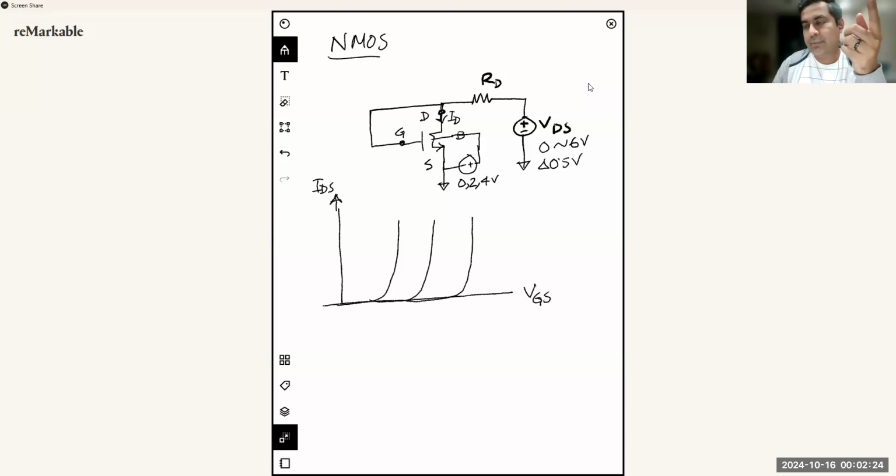Again, from the first part of the experiment, we derived the Kn prime value and the lambda value from that IDVD plot, IDS versus VDS plot. And from this IDS versus VGS plot, we can derive the gamma value. You can also use the root over ID versus VGS plot to get this parameter, which is explained in detail in the handout. Now, for the PMOS,